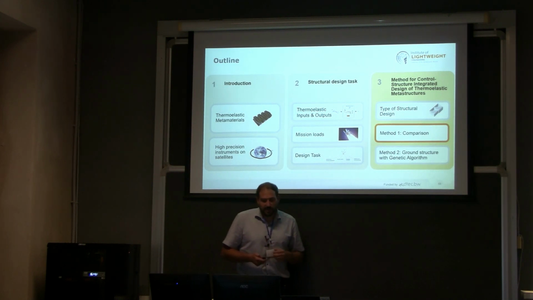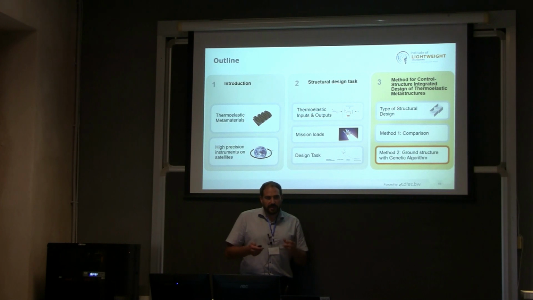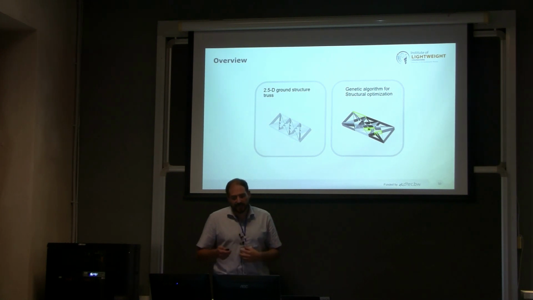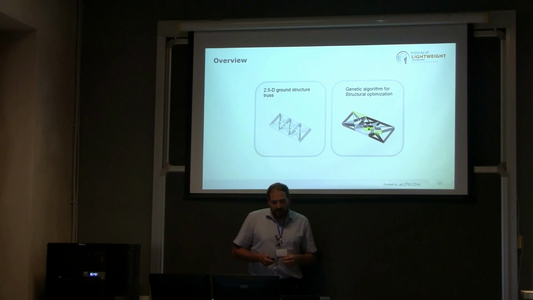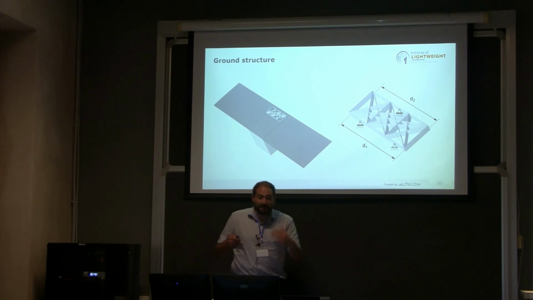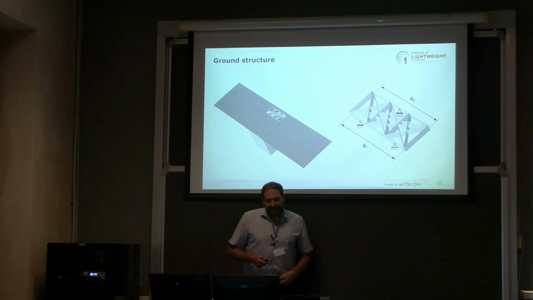And now we tried another approach. We use this ground structure approach that you know from truss optimization, and we try to do it with a genetic algorithm. So I put this ground structure on the satellite, which is very rough at the moment, and